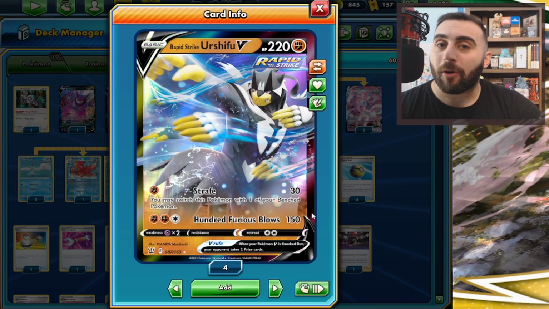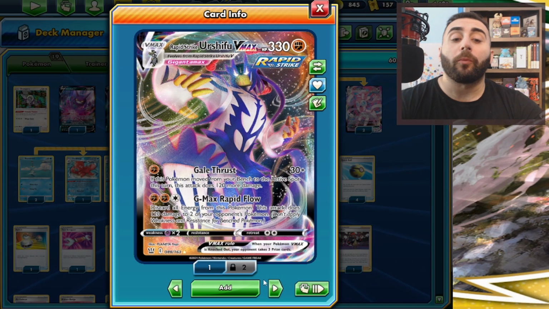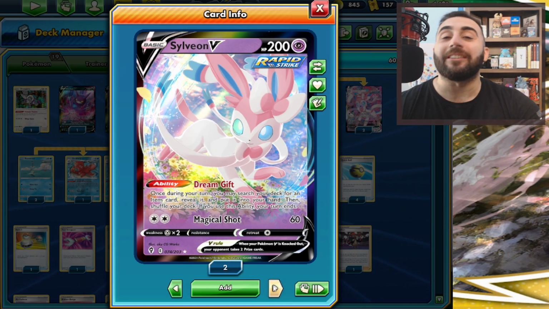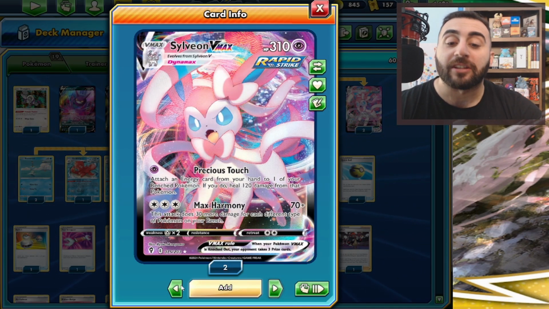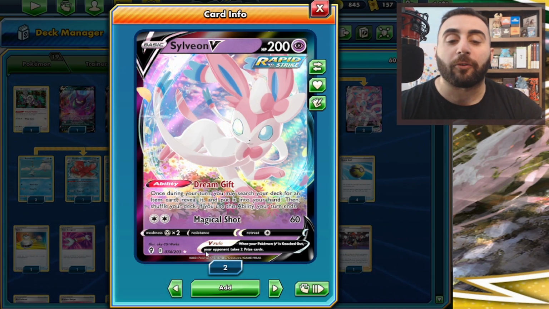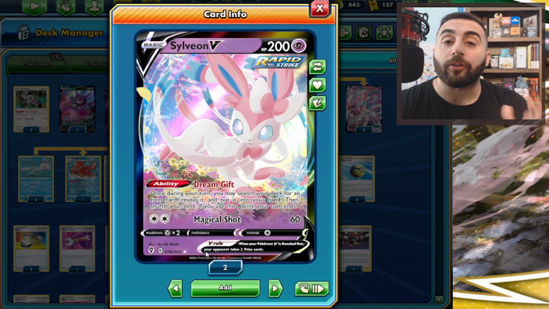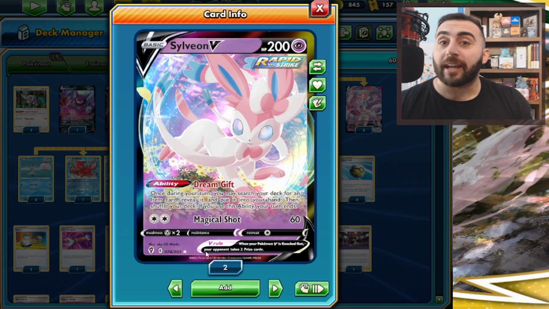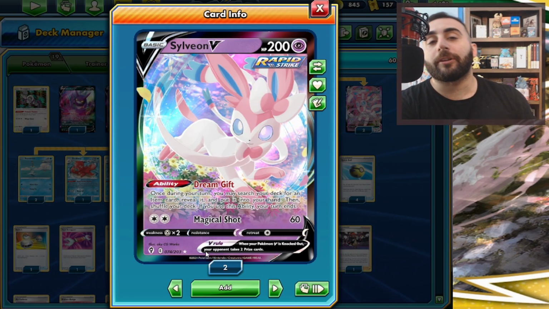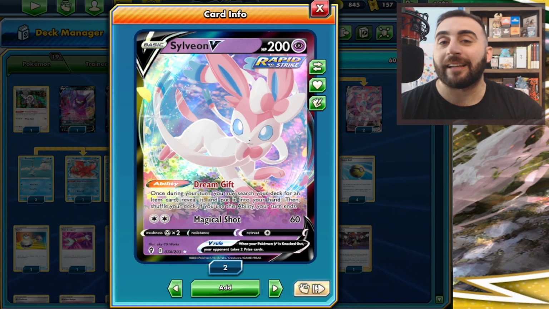Most people by now are familiar with Rapid Strike Urshifu V and VMAX. What we might not be familiar with is Sylveon V and VMAX. So Sylveon V has the Dream Gift ability where you can search your deck for an item card and put it into your hand, but if you use this ability, your turn ends. But it doesn't say you can't use it your first turn, so this is a great way to use Dream Gift your very first turn if you have Sylveon out,